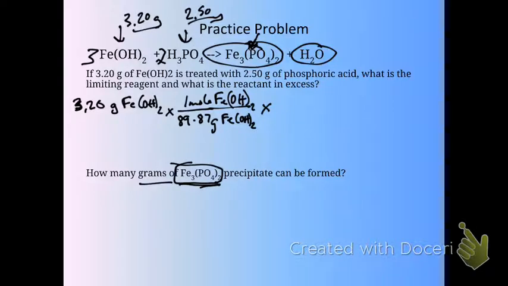That gives us 6 OHs, so we're going to need the 6 here. All right, got to remember to balance that equation. So for every 3,